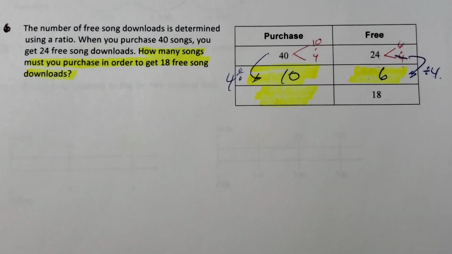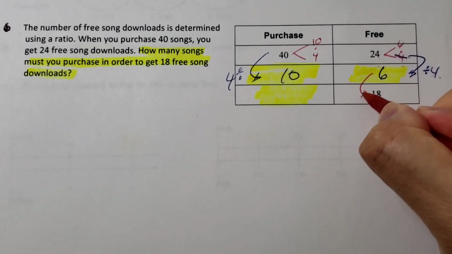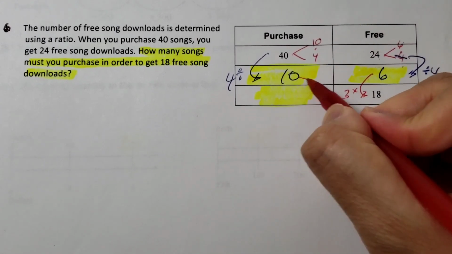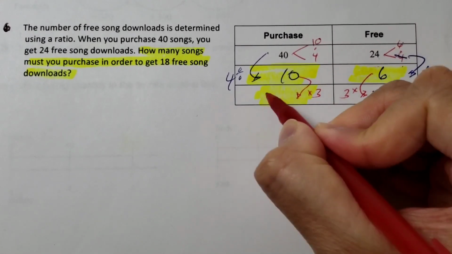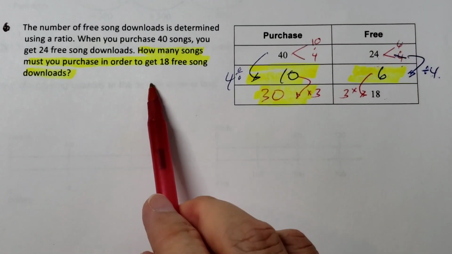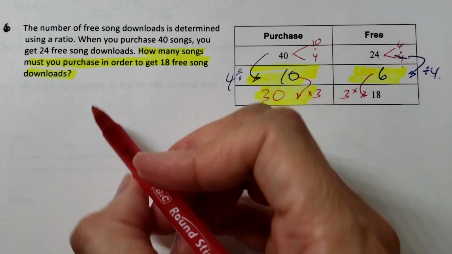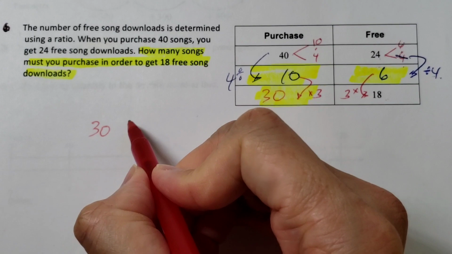Now from 6 to 18, what do we do? Yep, we multiplied by 3. So that means we need to multiply this by 3, and that is 30. So that means to get 18 free songs, you need to purchase 30